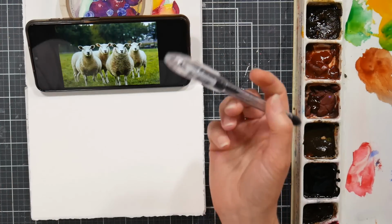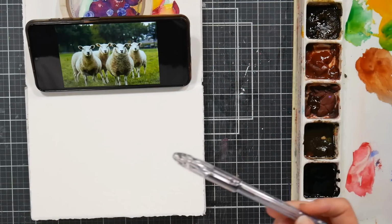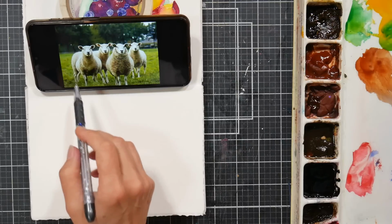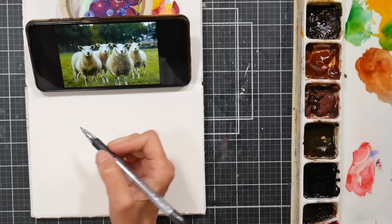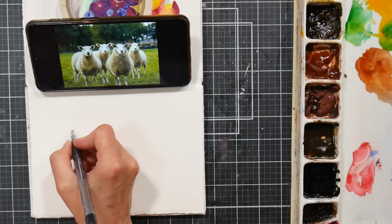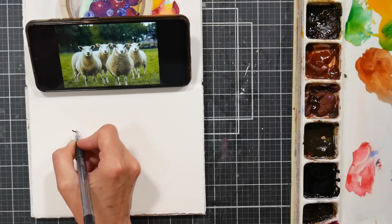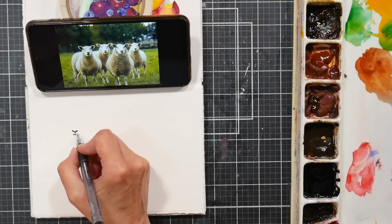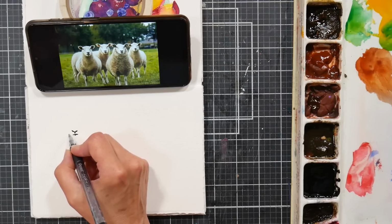We're going to start by sketching in with the pen. If you want to sketch in with pencil, that's totally fine, do whatever you want to do. I'm going to try to keep it really simple because I have a feeling I could get kind of overwhelmed here. So I'm going to start with the darkest areas. That's what I do when I'm doing this technique: I start with the dark, and I'm going to go in here and do the